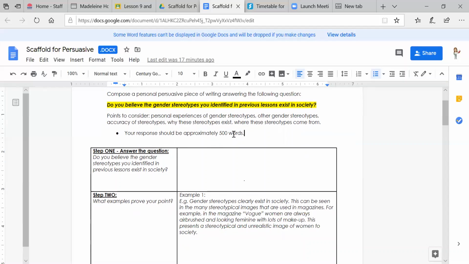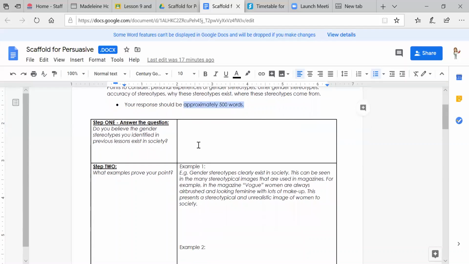Now, I don't want you to stress about this 500 words. I'm more interested in you doing your best to answer the question and fill out this scaffold. So your step 1, let's follow the steps. Do you believe the gender stereotypes you identified in previous lessons exist in society? I want you to write a sentence here, okay? So a full sentence. So an example might be,